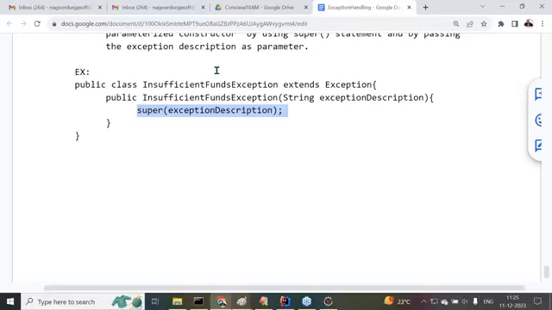Before providing this exception description to these 3 methods, first understand where these 3 methods are defined, where they are available. These 3 methods are available in the superclass, which one? Exception. These 3 methods are defined in which class? Yes, Exception. So if you want to provide your own user defined exception description to the printStackTrace method, toString method, getMessage method, then first we have to pass that user defined exception description